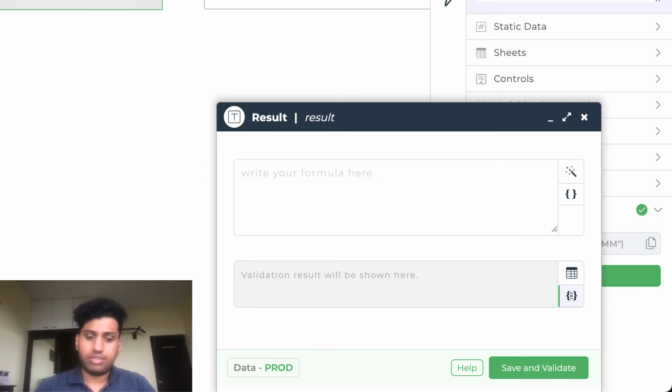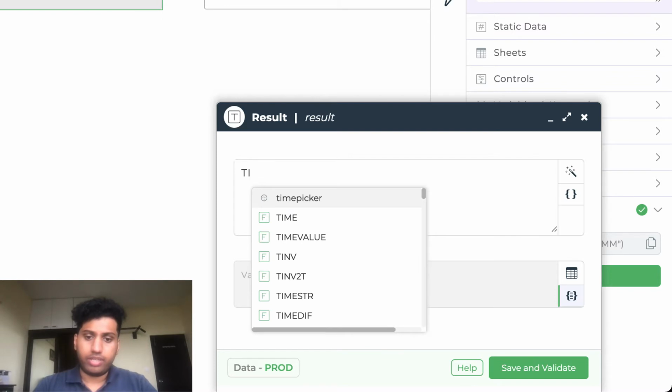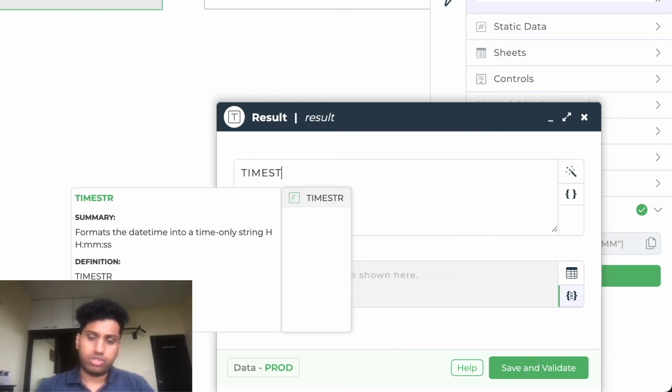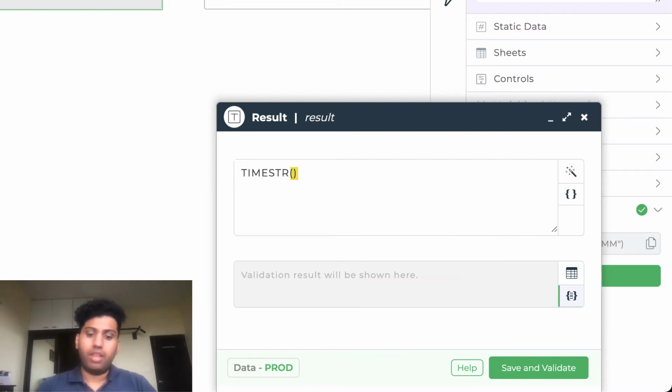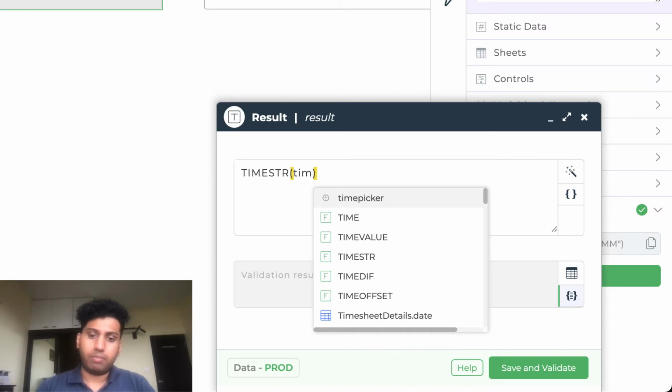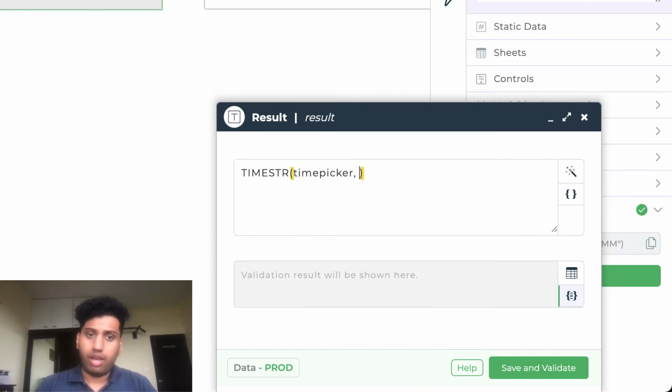So let me just erase this, and I'm going to write time str, which is the counterpart of date str. And what do I want to format? My time picker control. And what format do I want it in? So let's just say hours and minutes for now. So HH for hours, MM for minutes.